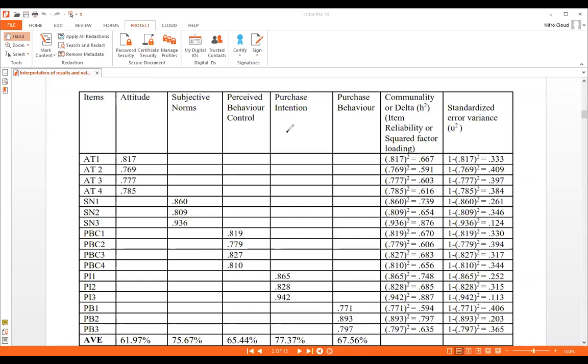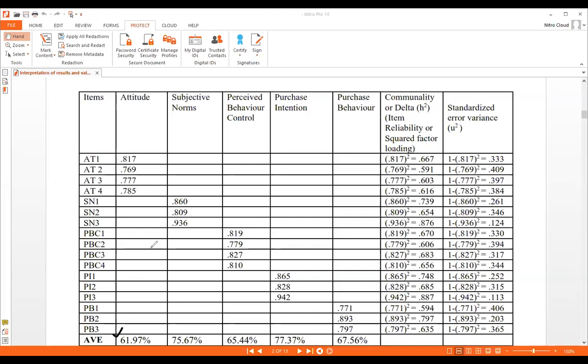the other method of checking the convergent validity is the average variance extracted. We take the average of variance. When it is simple correlation, and we square the correlation, it becomes the variance. So we will take the square of this plus the square of this value plus the square of this. When we square all the factor loadings and then divide by the number of items, we get the average